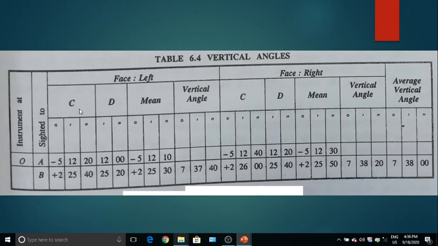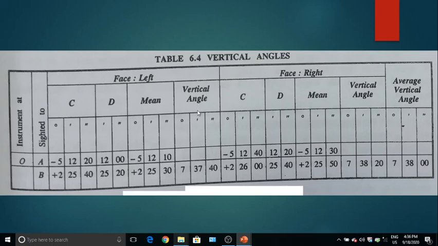Vernier scale C reading. Coming to Vernier D, I have to search for Vernier coincidence. It is 5 minutes and 20 seconds. Whereas at Vernier A, the main scale reading minutes have to be added here also. So the main scale reading is 2 degrees 20 minutes, and the 20 minutes is to be added here also. 20 plus 5, 25 minutes and 20 seconds. Okay, so like this we can record readings over here, and then the mean is 2 degrees as it is, 25 minutes as it is, the average of 40 and 20 is 30, so 30 seconds.